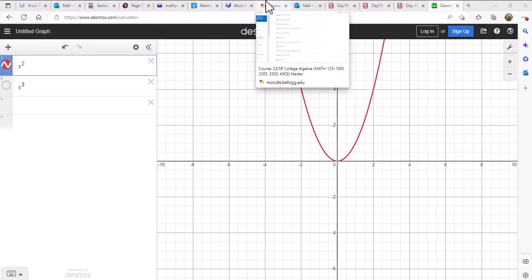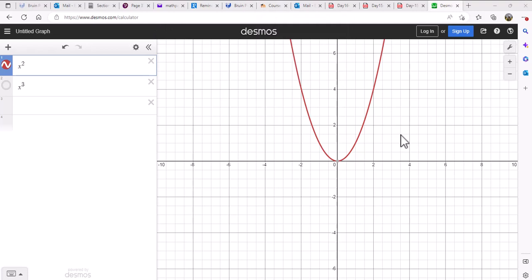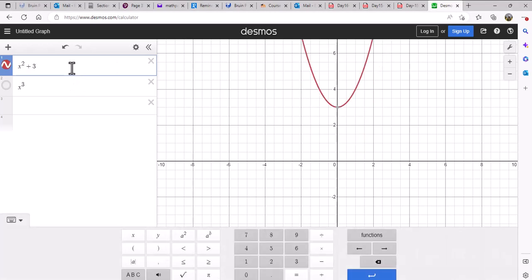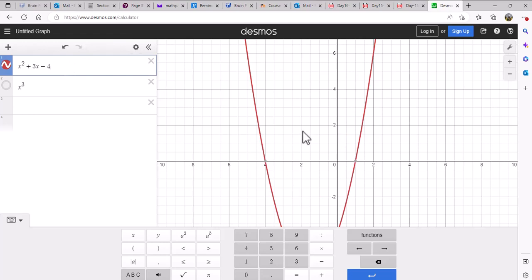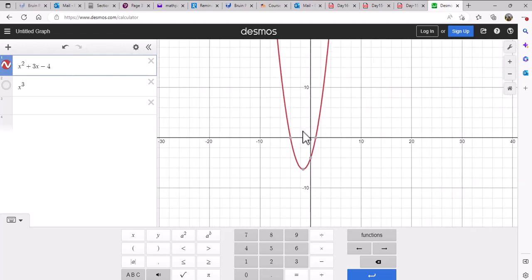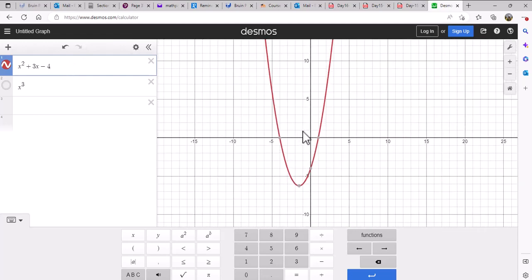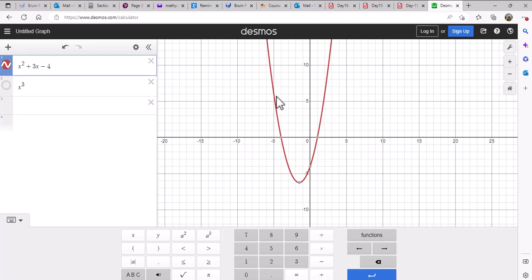So here is first a graph of x squared. And we know that to be a simple parabola. And I know that no matter what I add to the other side, if I add 3x, if I subtract 4, whatever it happens to be, I'm still going to have an upward facing parabola. Or in other words, on the left side it's going upwards, and on the right side it's going upwards. So when we have an even exponent on our lead term, then it's going to be going